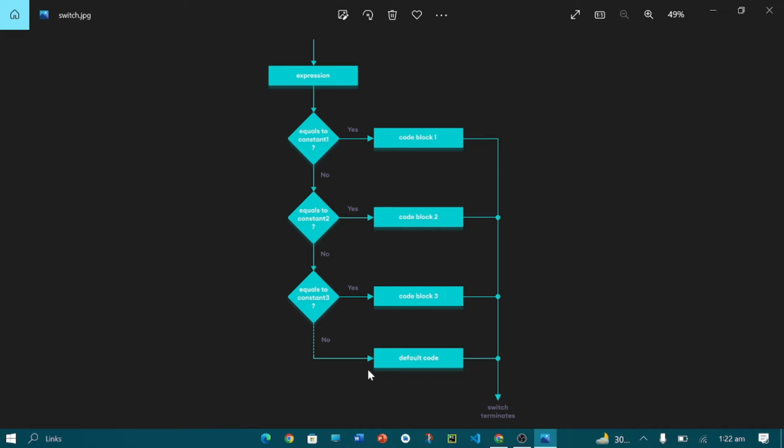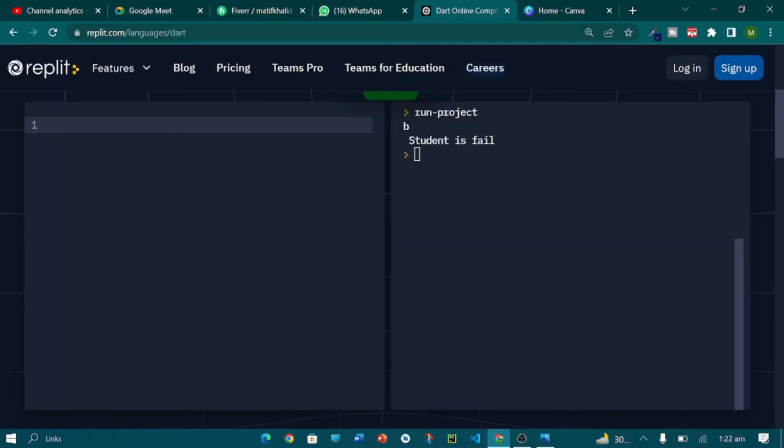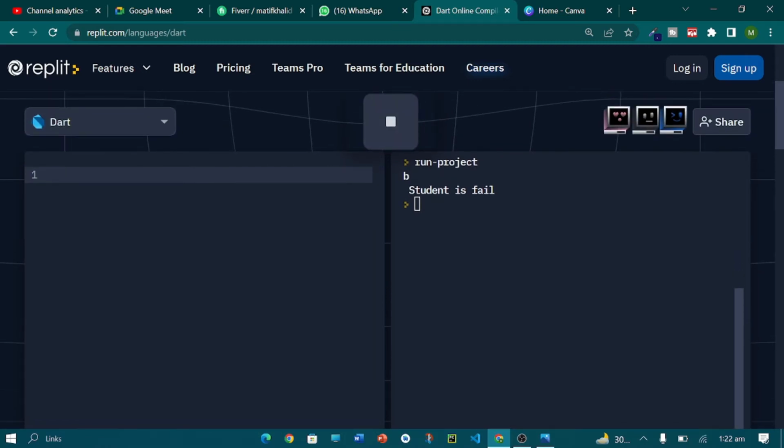So here, see how we can use switch statements in Dart programming. In this program I am going to check the progress of a student by inserting a grade. If I insert grade A, then I will print the message, student performed very well. In these types of cases I will build it. So let's import first